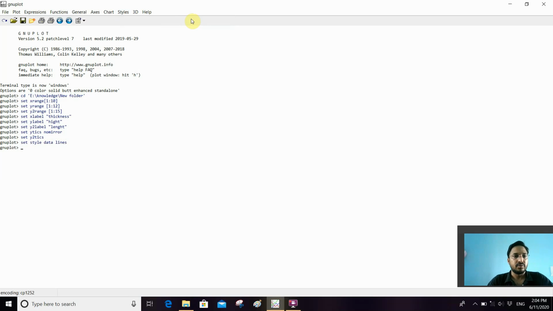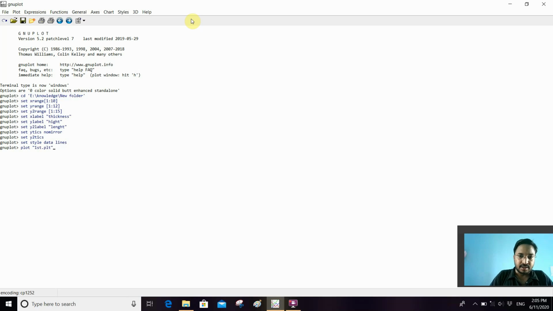Now it is time to plot our graph. We have to choose the data files, first and second. So I have to write plot for the first graph. For the first graph I have to write first.plt, because the name of the data file is first.